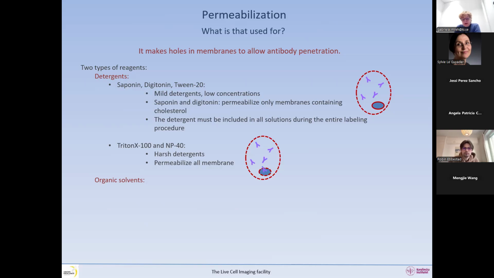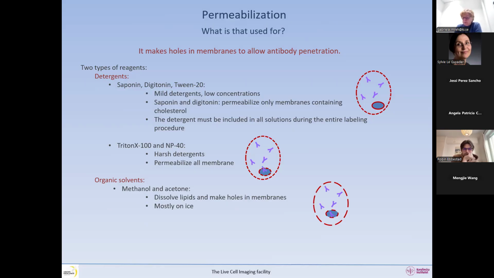In the family of organic solvents, we have methanol and acetone. These are mostly used, and they will permeabilize all membranes and dissolve the lipids, and they make quite big holes in the membrane. When you use them, you should always perform the permeabilization on ice, and you have to keep in mind that it may damage the microtubules or other organelles due to the harsh action